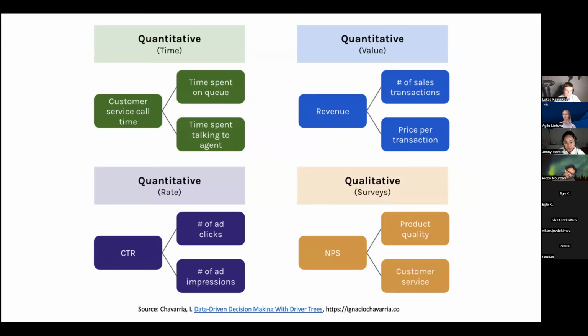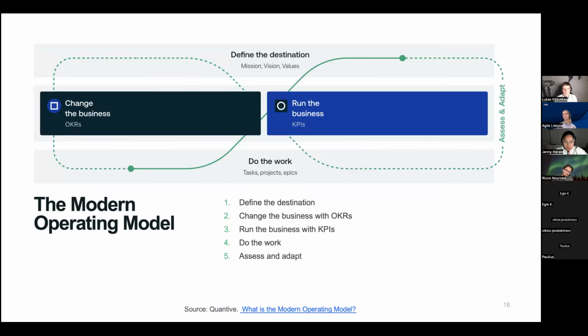We can decompose NPS as thus. And in this decomposition, you find your trade space, I would argue, for really good quality key results. Because what we're trying to do in the modern way that we operate in the world is we need to run the business and make sure it continues to exist and is existing healthily.